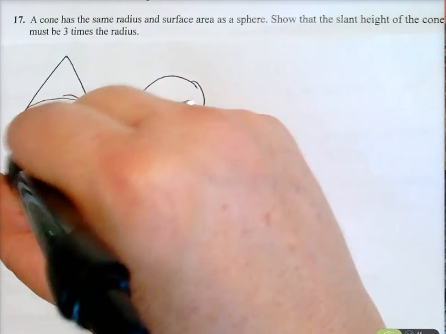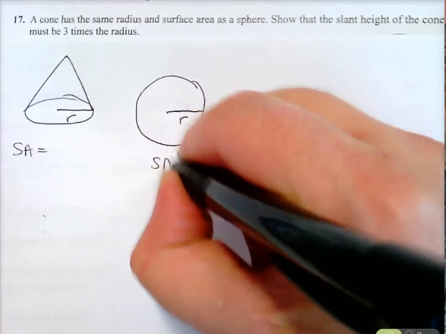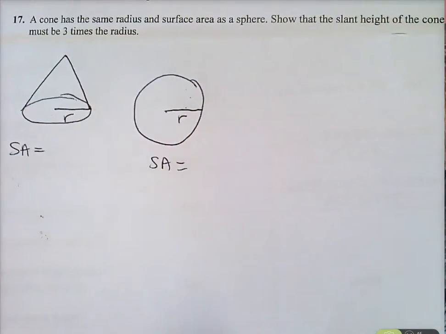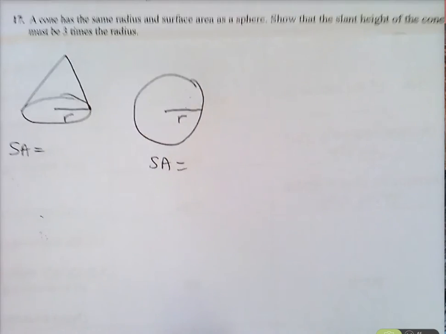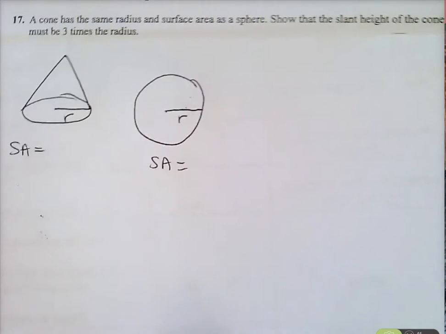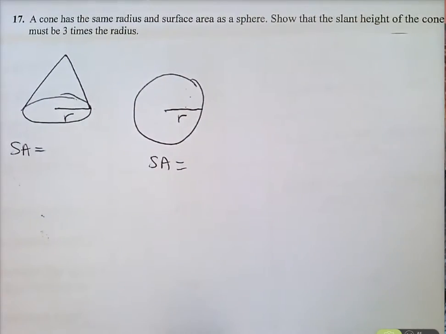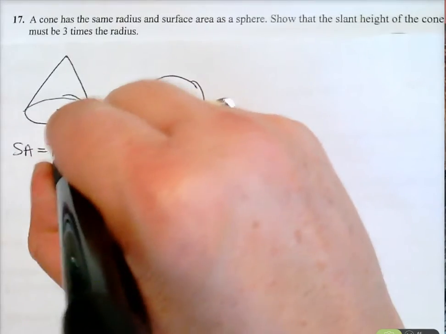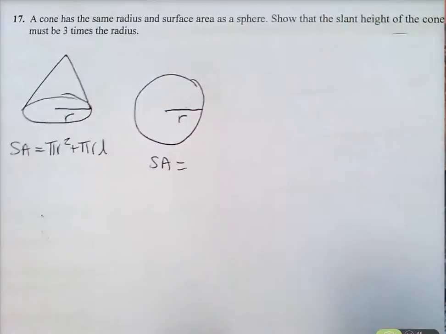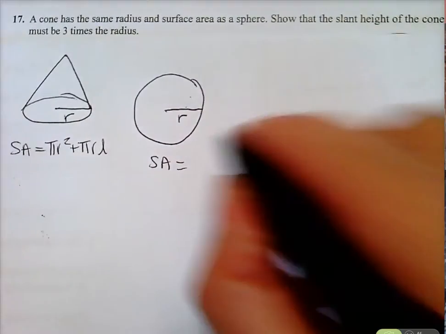So let me write down the formula for surface area of each, and when I've written that down, I can put that they equal each other. That's what it means. The cone and the sphere have the same radius, but they also have the same surface area. All right, we don't know what that is. Let's write down the formulas. What's the formula for surface area of a cone? Good. What's the formula for surface area of a sphere? Now,